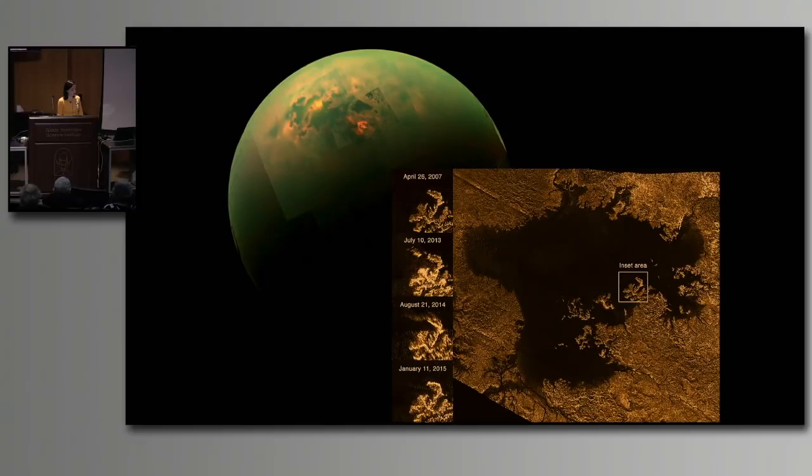And people have done experiments in the lab where in a chamber they put the gases that they think are in the atmosphere of Titan, at the temperature and the pressure that they think are on Titan, and then they heat everything, and what they find is very interesting. They find that nucleotide bases form, which are part of our DNA and RNA, the building blocks of life. They also find that amino acids form, which are essential ingredients of proteins.